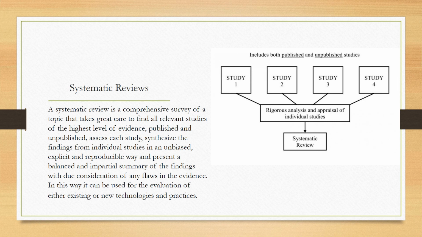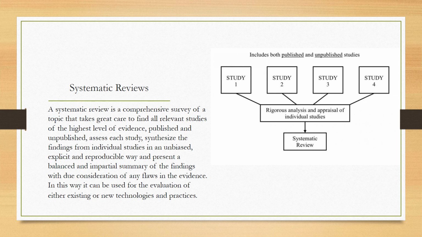So we're going to begin with systematic reviews. A systematic review is a comprehensive survey of a topic that takes great care to find all relevant studies of the highest level of evidence, published and unpublished, that assess each study, synthesize the findings from individual studies in an unbiased, explicit, and reproducible way, and present a balanced and impartial summary of the findings with due consideration of any flaws in the evidence. In this way, it can be used for the evolution of either existing or new technologies